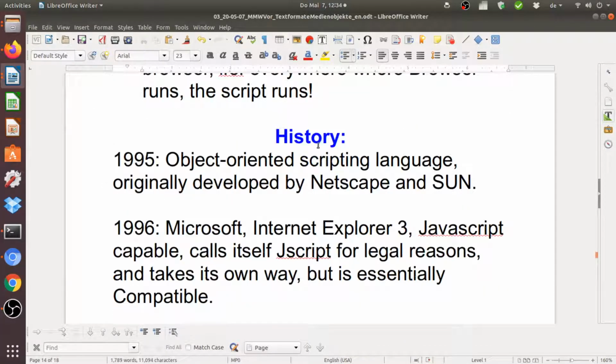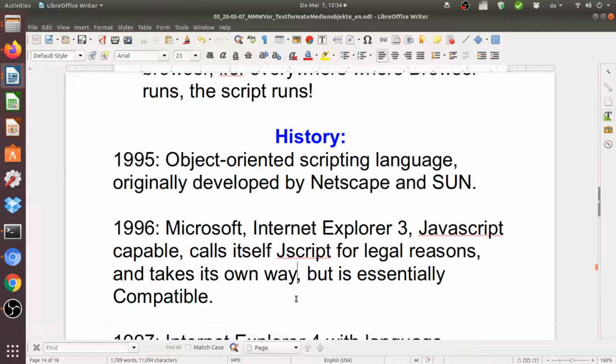Yeah, so here's the history for it. It started in the 90s. In 1995, there was an object-oriented scripting language originally developed by Netscape and Sun. And in 1996, Microsoft's Internet Explorer 3 was JavaScript capable, but calls itself JScript for legal reasons. And it has its own extensions